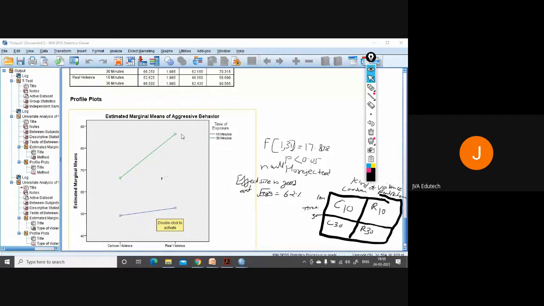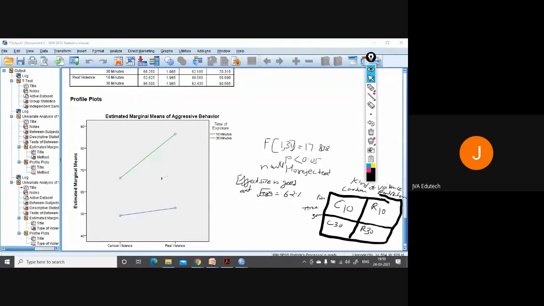But the moment he is exposed to real violence, the aggressive behavior of that group increases. And it also increases with time. Whether it's 10 minutes or 30 minutes, in all the cases, if you increase the time of exposure, their aggressive behavior will increase.